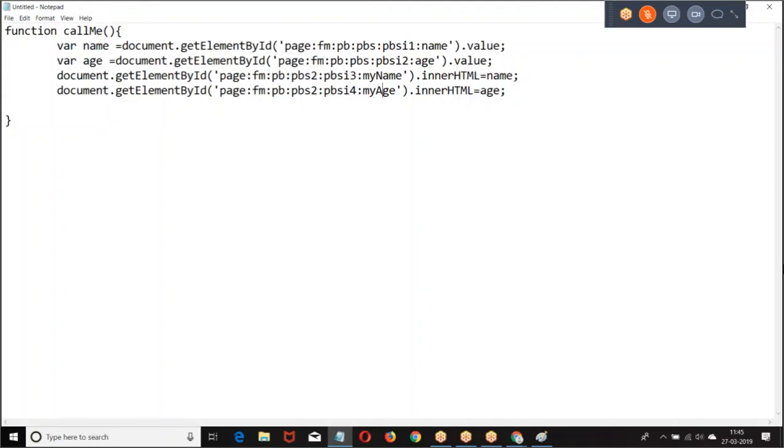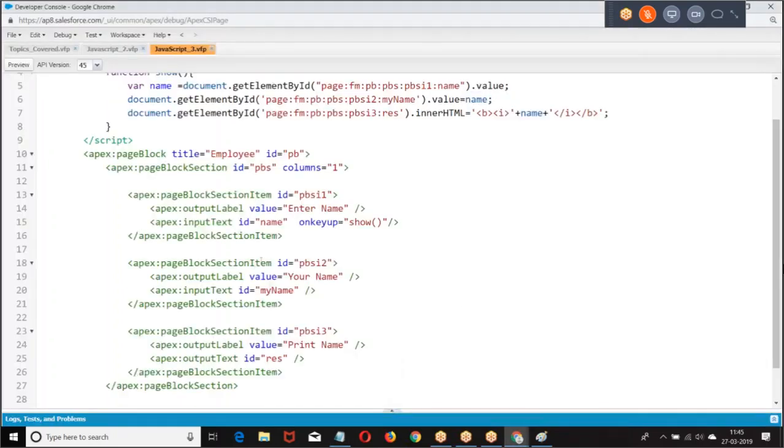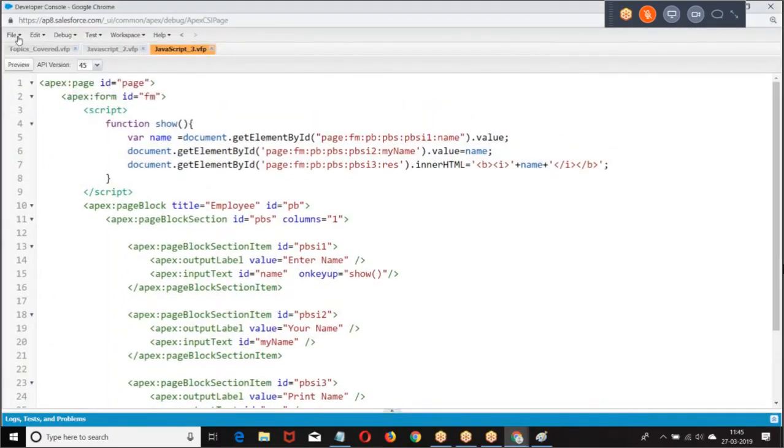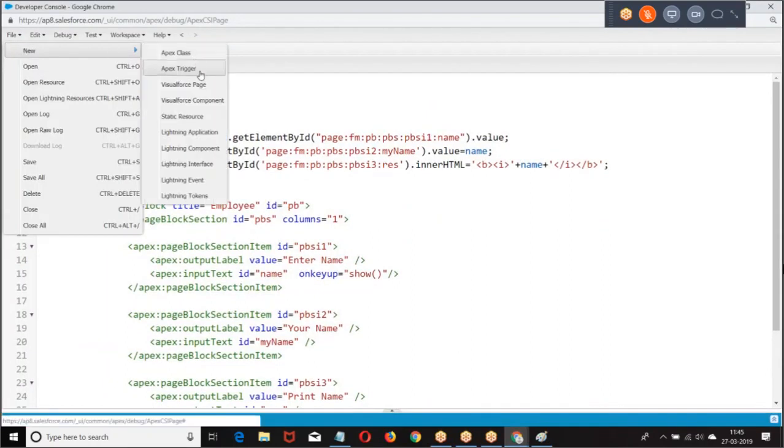Okay. Now, every time giving such a lengthy name, the complete path, is difficult for me. Say only 10 or 20 lines you are able to give. Suppose you have 500 lines of page, will you give the complete path? It will be difficult. Then how do you do that? So look at the example. Every time I cannot give lengthy names.